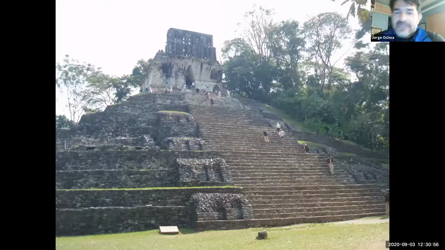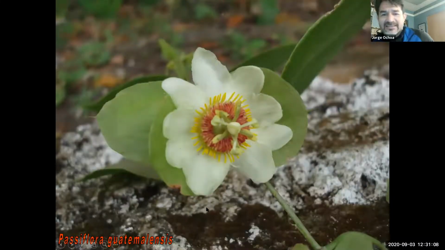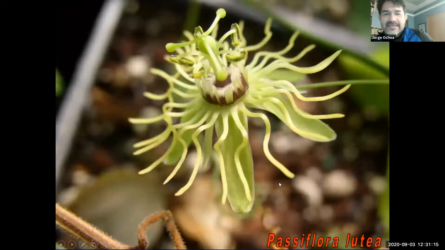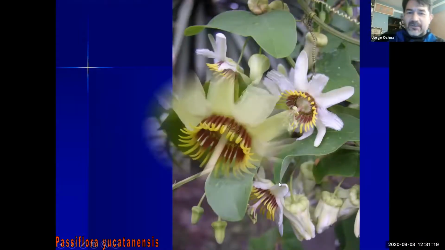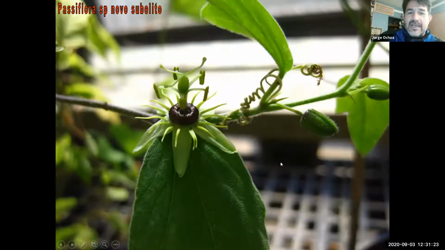And in my travels, I came across pyramids and a couple of other things. That's not important and exciting to me. What's exciting is right here, because that's where we found Guatemalensis. That was in Chiapas, Mexico. And auriculata right here, and Stanleyi, lutea, and Yucatanensis from Yucatan, just to show you a few more photographs.